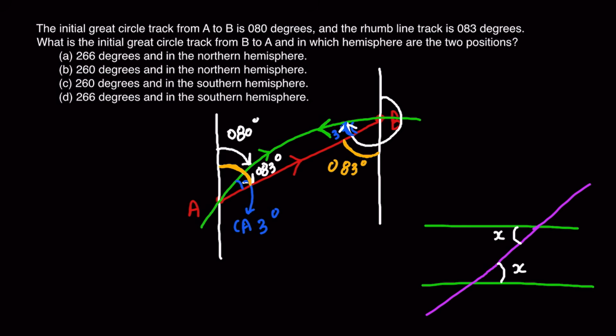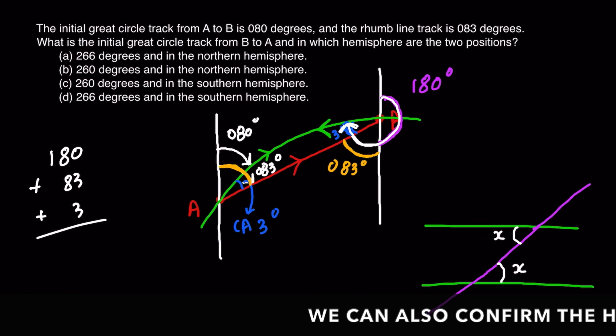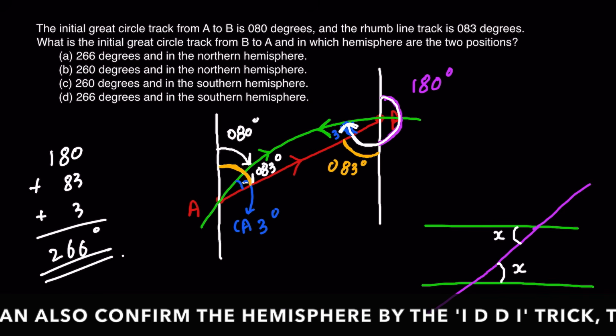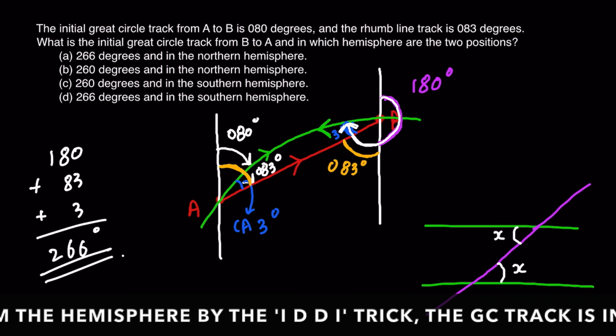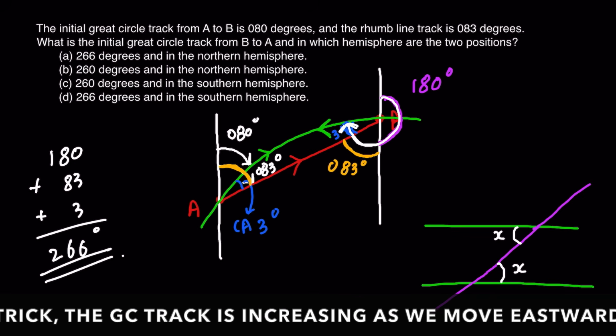Two is this blue angle, which is the conversion angle, and 3 is this magenta angle. So how much do you think this magenta angle will be? Exactly, it will be 180 degrees because a longitude is just a straight line. So what does this white angle come out to be? It is 180 plus 83 plus 3, which is what? 266 degrees. All right. So my great circle from B to A is 266 degrees, and it is the northern